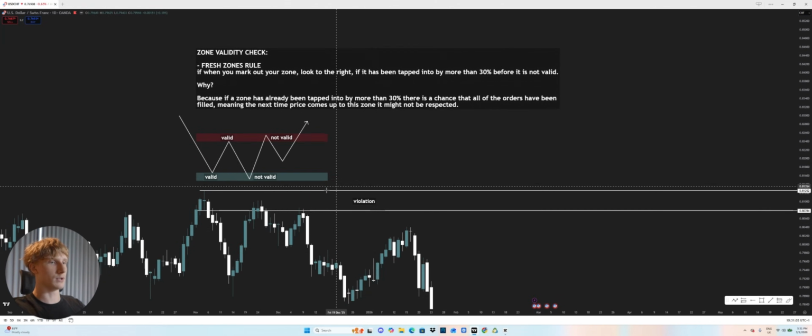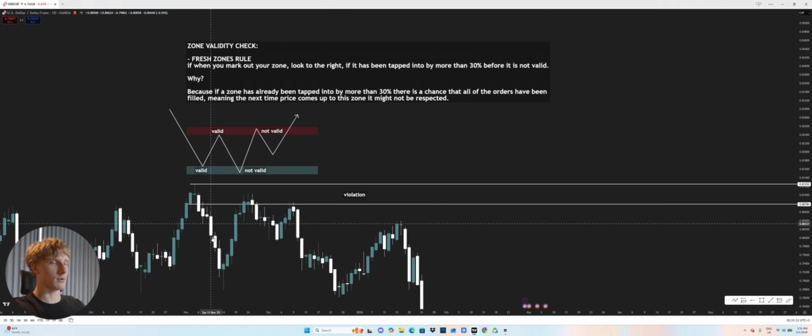Cool. Now, this is relevant because we can think about this zone right here, for example. We know that somewhere within this zone, a bank has placed sell orders. We don't know exactly where. It could be here, here, here, or here. But the further that price travels into the zone and then has a reaction, we can assume that more orders have been filled. Why is this important? Let's say price came up to this level, came in quite a decent amount, and came in again. We can now assume that, both times there was a reaction, orders have been filled both times.